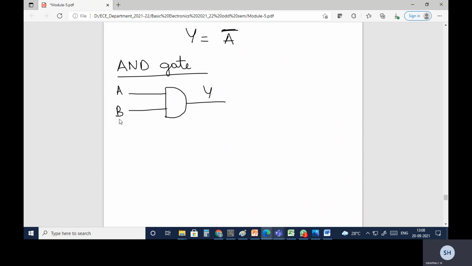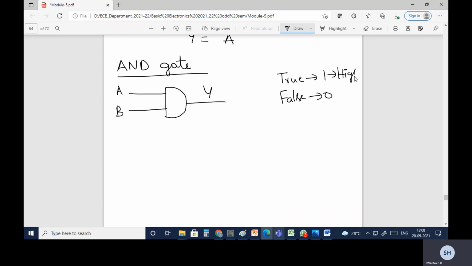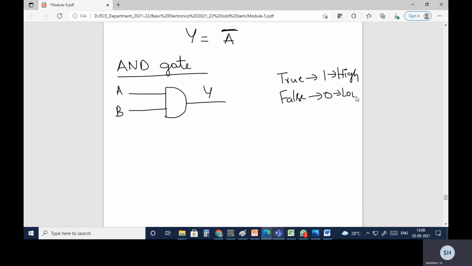If any of the inputs are false, like generally we indicate true with 1 and false with 0. Okay, only when both the inputs are true, then only the output will be high. This 1 we can even represent as high, and the 0 as low.